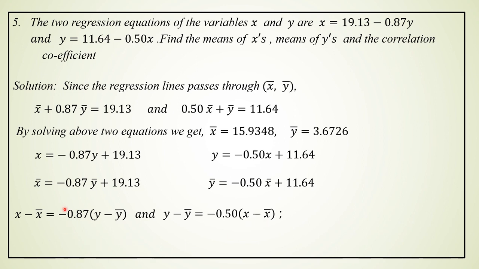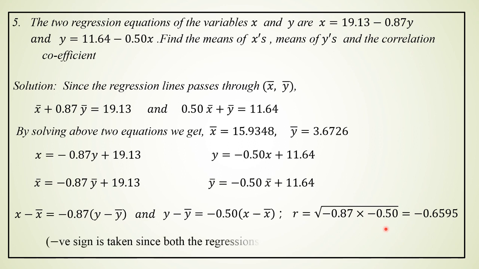So the regression coefficient of x on y is minus 0.87 and the regression coefficient of y on x is minus 0.5. Then we know that the coefficient of correlation R is equal to the geometric mean of the regression coefficients. So over here it is equal to square root of minus 0.87 into minus 0.5,